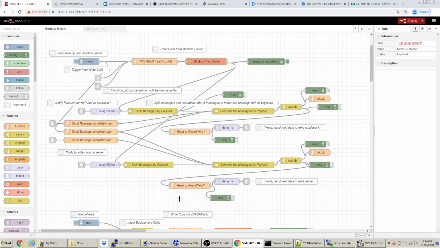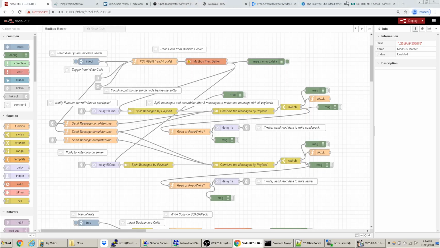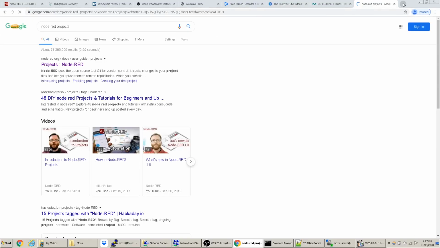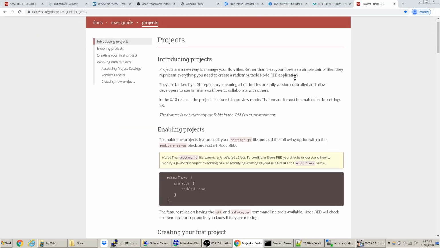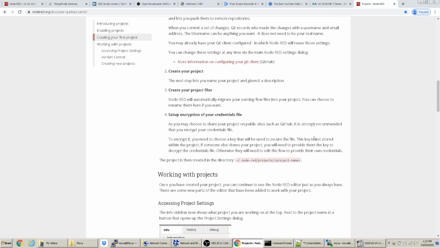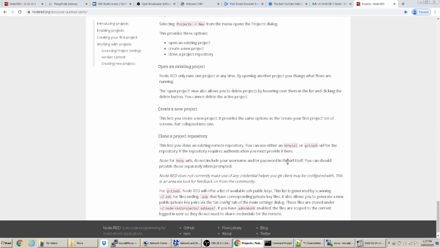So the other thing is that there's a way to enable projects on Node-RED. Now I don't have that enabled, and I'm not going to do it right now, because I think it can easily be figured out by whoever's watching this video. There's a lot of documentation on Node-RED because it's an open source piece of software. So you just type in Node-RED projects, and it'll tell you how to create a project, how to enable a project. And when you create projects, it allows you to actually publish them, like if you want to publish your project to GitHub or anything like that,